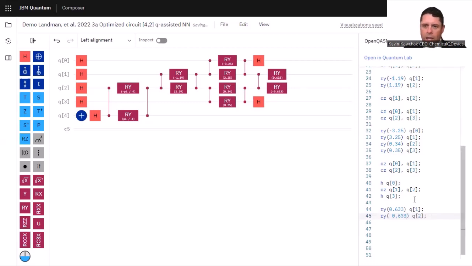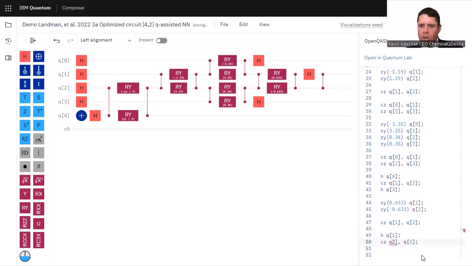Okay, and then we've got another kind of repeat here. So this is another CZ, and it's going to be here, between 1 and 2. Then the next level is H, and this is going to be at Q1, and this is going to be semicolon. And then there's another CZ, and it's going to be between 2 and 4